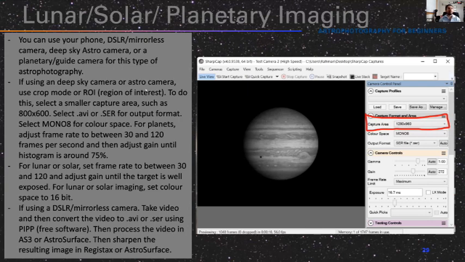So click on the capture area and select a smaller capture area, such as 800 by 600 pixels, which I recommend. And that will immediately increase the speed, the frame rate of your deep sky or your astro camera. And it'll be just as if you are using an actual planetary camera.